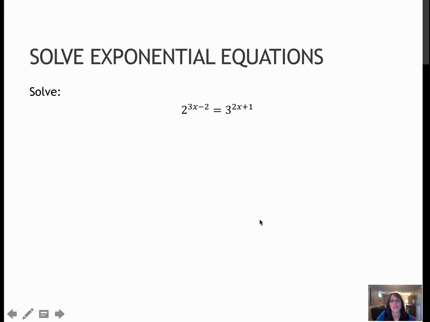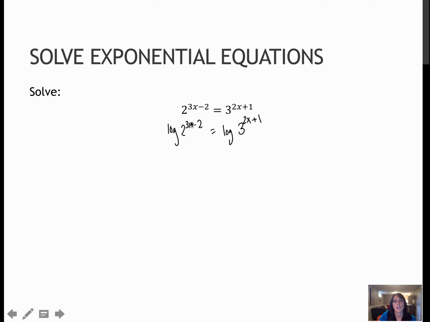I want to do this last one with you because it's sort of involved. It's kind of complicated. So let's take a look. Notice the base is different, and I really couldn't solve this by taking log base 2 or log base 3, and so I'm just going to use the common log, and I'm going to do that to both sides. So if I take the log of the left side and the log base 10 of the right side,